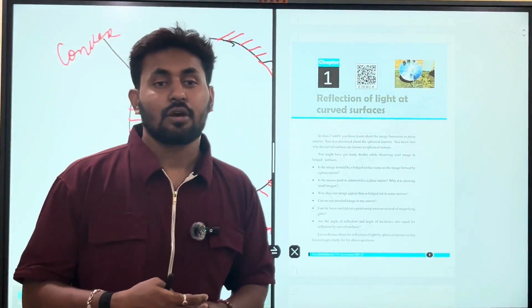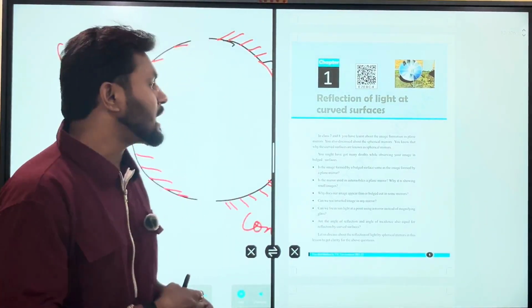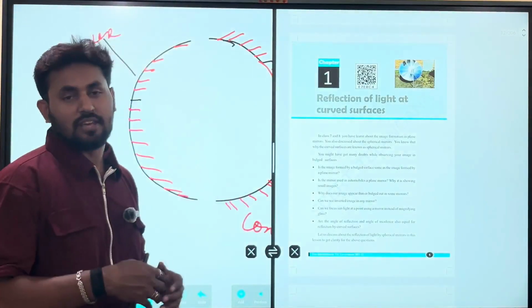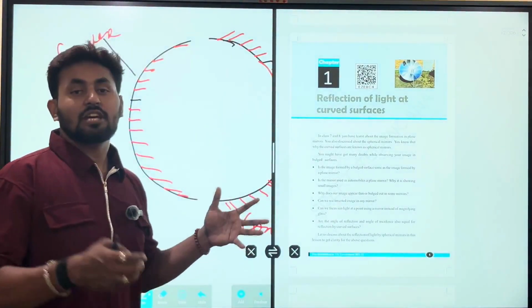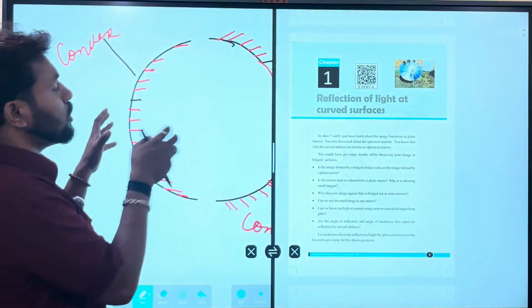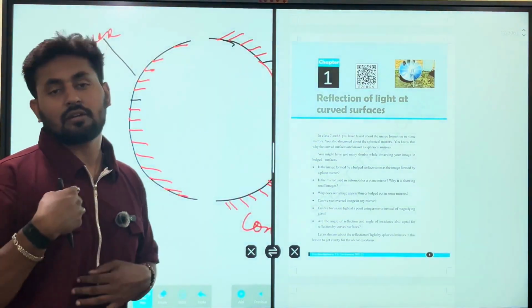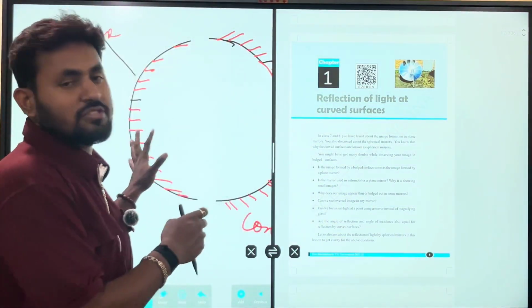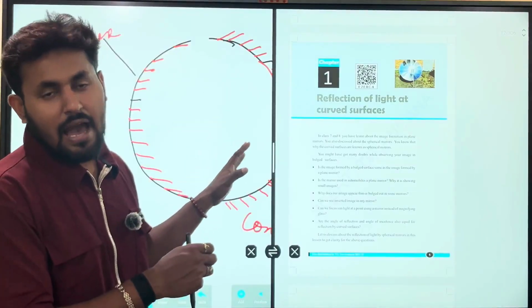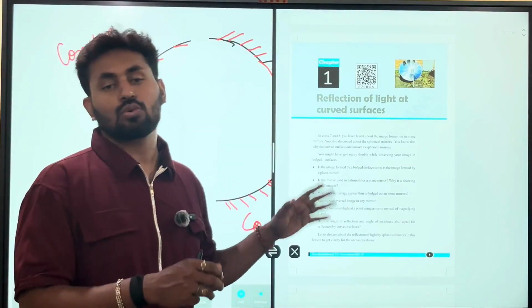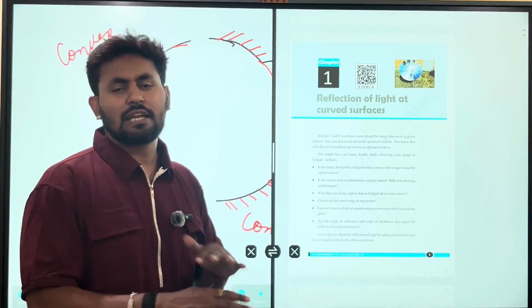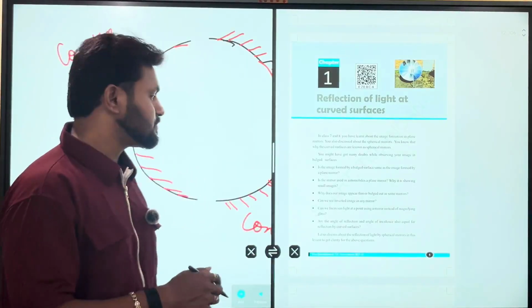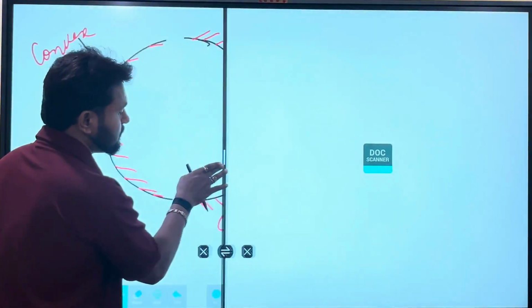You'll also get to know the places where we use these, what the uses of the same are, and the importance of the concave mirror and convex mirror in our life. Everything you'll get to know, because this is one of the parts of physics, and you know that physics is related to our day-to-day life, and this is related everywhere. So starting further,